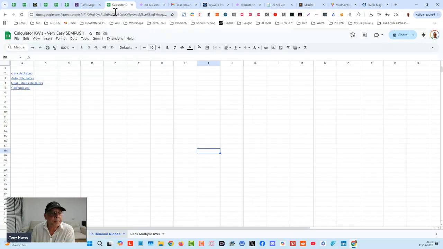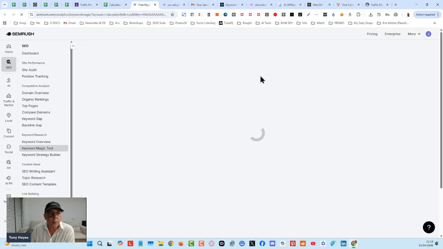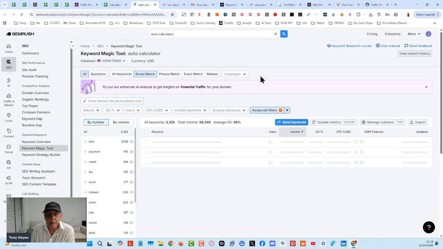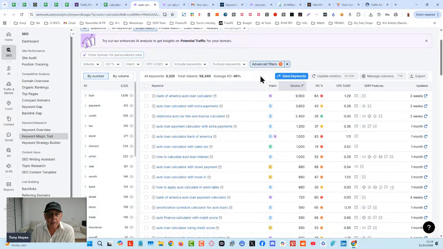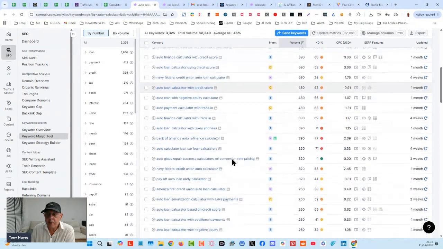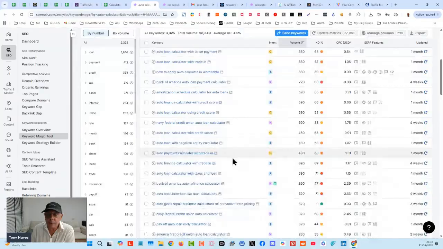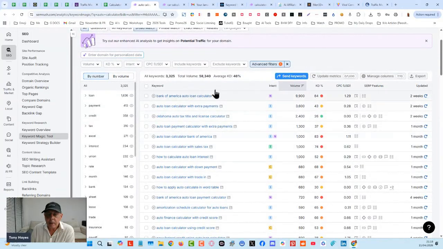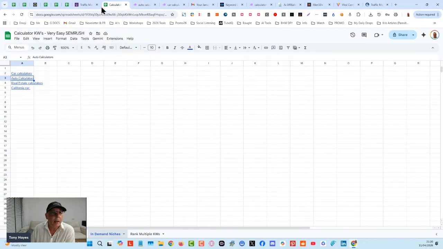All right. Anyway, let's go and have a look at auto, because some people use the word auto instead of car, and you're going to see even more keywords in here as well. We're talking about things with locations, things that are specific to different institutions and banks and stuff like that. And all of these are going to have multiple keywords with the same search intent that you could probably rank for once you get ranking for your target keywords as well. So that's basically what we can find with the keywords.